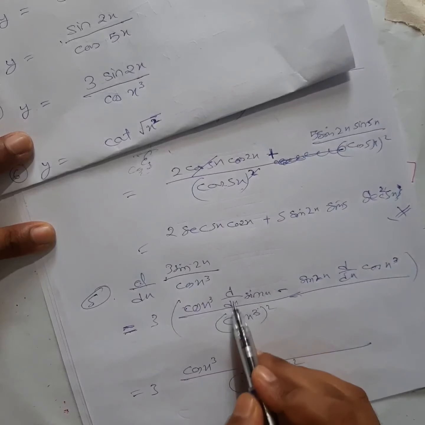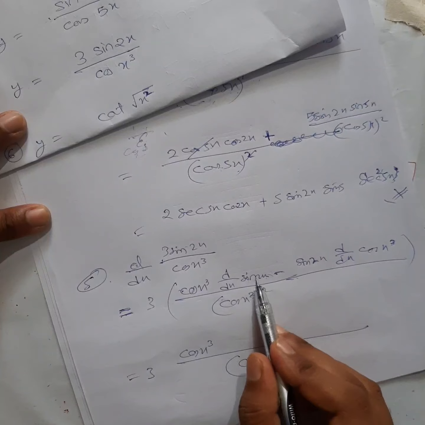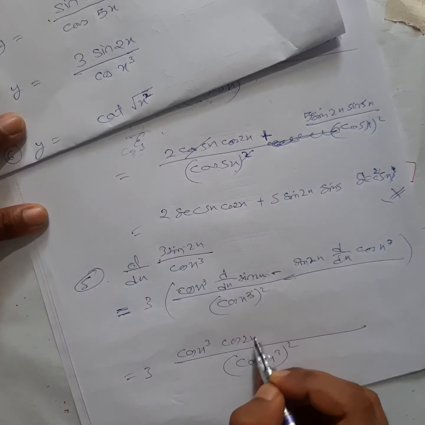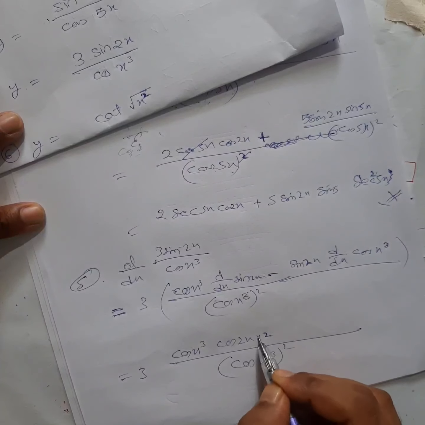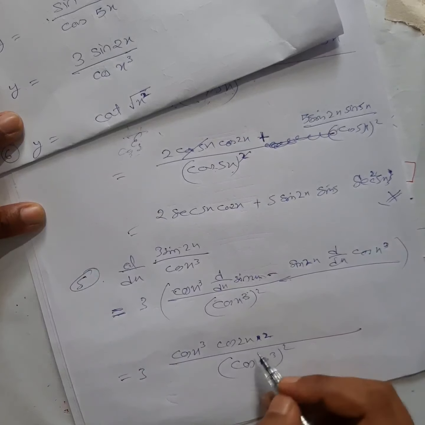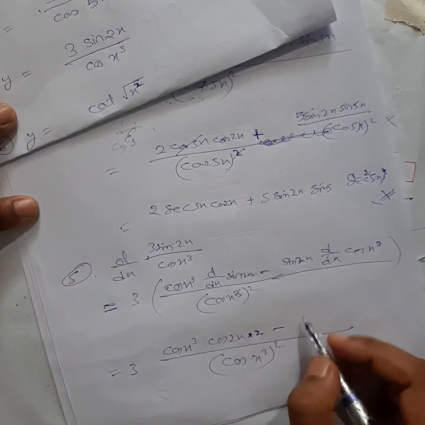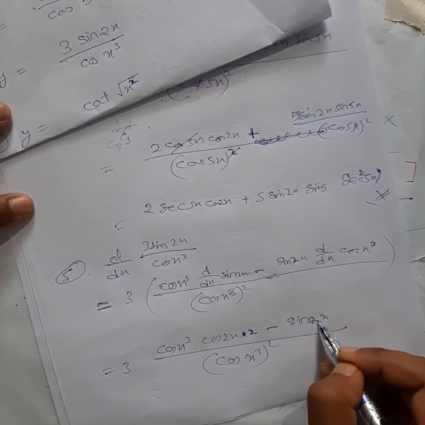Now differentiating this one, d dx of sin 2x. Now this is of the form sin x, right? But in place of x, you have 2x. So the differentiation of sin x is cos 2x, and 2x you have to differentiate again. So you will get 2 again. Let me write a dot. If I write a times sign, you might think it is x, right? Better I will use a dot. Sin 2x.